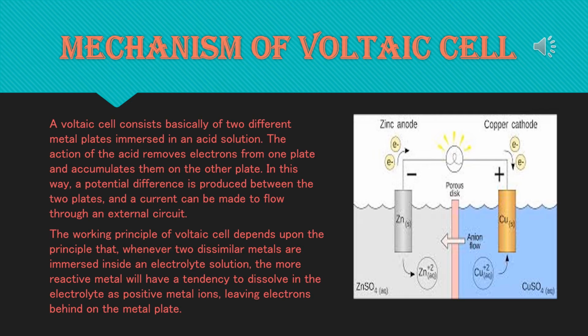See the diagram. It's a nice diagram I have given because in your book it's a clumsy diagram. Zinc is used here as the anode and copper as the cathode. Two electrodes are there. Now see, from the zinc plate, the zinc ion Zn2+ is coming to the solution, and the copper ion Cu2+ is going to the copper. That is copper sulfate solution, and that is zinc sulfate solution. Okay. Now I am explaining this mechanism from your book.